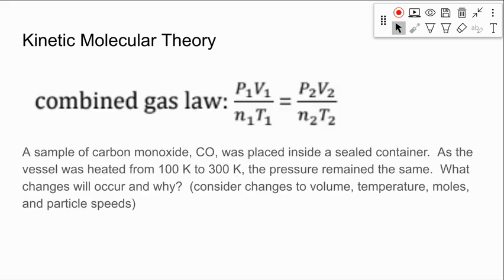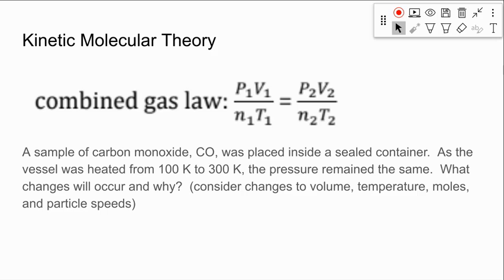In your high school level chemistry, you should have studied the combined gas law. This one looks a little bit more involved because it has the P1V1 over N1T1. We normally just do the P1V1 over T1 is equal to P2V2 over T2. But as we've seen in AP Chem, almost everything relates back to how much of a substance we have, so how many moles they have. And so we use this combined gas law a lot of times to predict relationships,